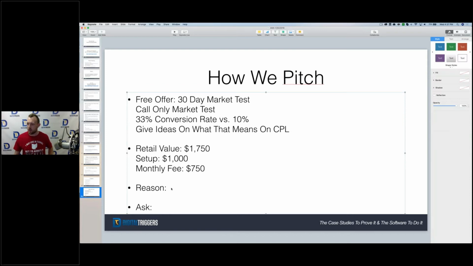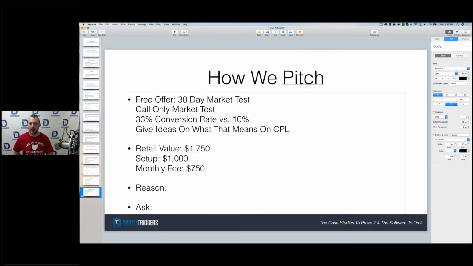So the reason that we're going to put in here can be all kinds of things. I like to say it's a beta program. Or I like to say that whenever we go into a new niche, we need to run our benchmark. Or we can say that we're opening up a new product, or it's a new division of the company. This is our first time going after roofers, right? We can say that the reason is the benchmark test. And what we want to do at the end of the process is figure out how we can work together. So there's always got to be a reason.